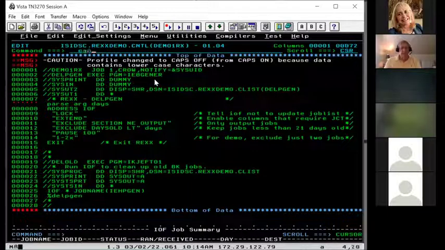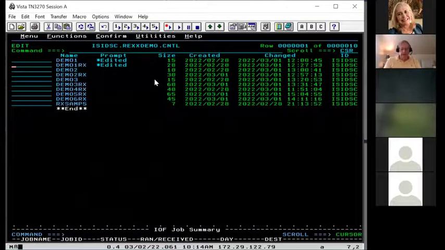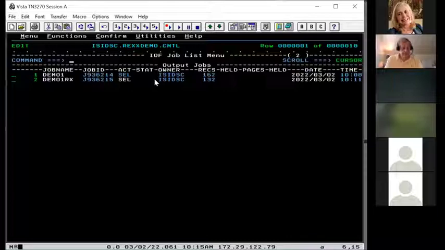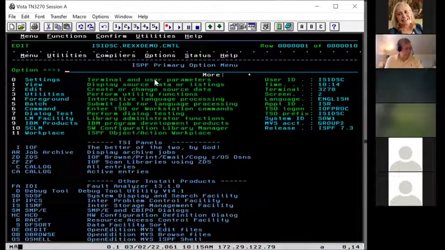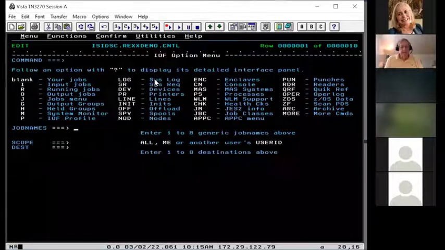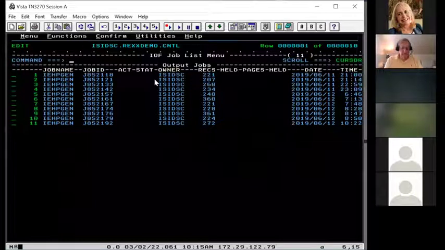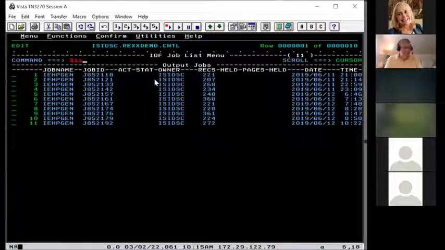Cancel out of this so I don't change this. And now let's try one other thing here. I want to show you this from TSO. So I do IDOT. I'm looking at IEH PGen are the jobs. There are the 11 jobs. Now I say %del PGen,